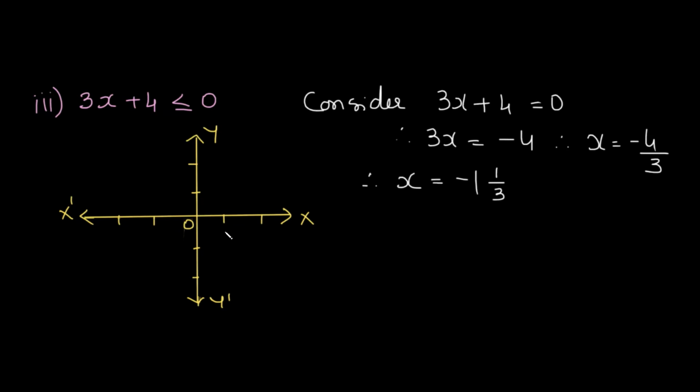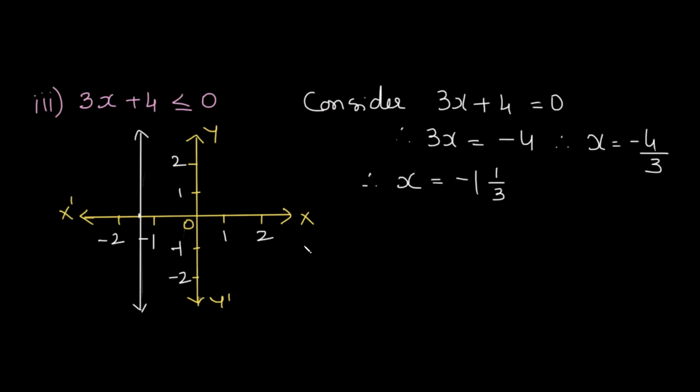That is, if we plot the graph like this, see. On the x-axis positive side, on the negative side we write minus 1 and minus 2. That is all that is required actually. So x is equal to minus 1 by 3 or x is equal to minus 4 by 3. It is a line which is parallel to the y-axis and it passes through this particular point, which comes somewhere between minus 1 and minus 2, somewhere over here maybe. So this is the point. So as a result, we draw a line parallel to the y-axis passing through this particular point. So this is the required line.